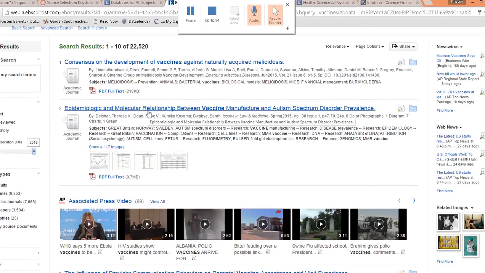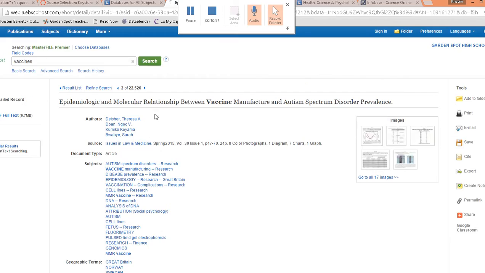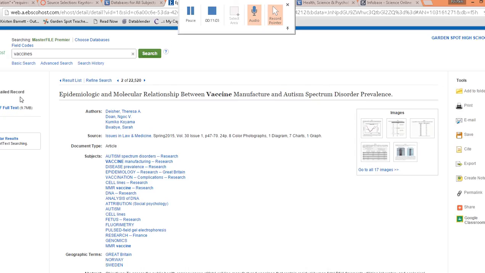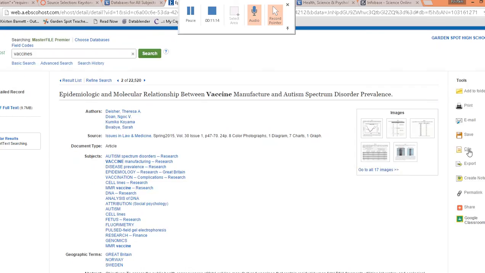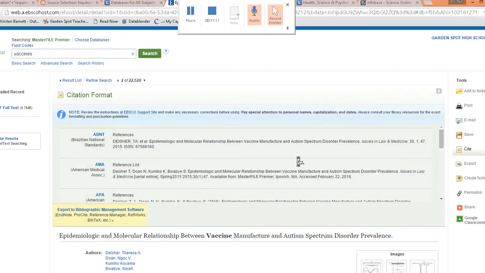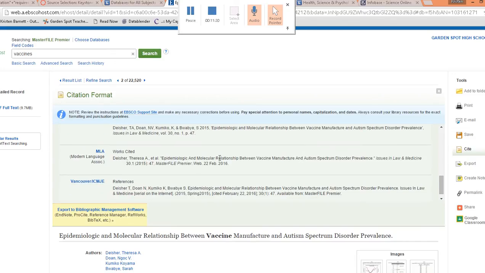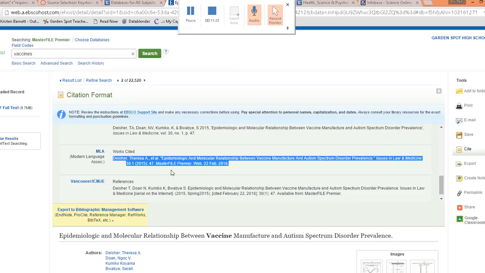So maybe I could focus my paper on the lack of connection between vaccines and autism, which has been a hot topic recently. So there's the full text PDF. That's what I would read and look at to get my information. So this is what would load. But again, just like in Facts on File, it gives you, I have to scroll down to MLA, here is the works cited that you would use. It's all in there already. Even the date, even the publisher, even the author, everything's in there. So I would just copy, Control-C, that and paste it into my document.